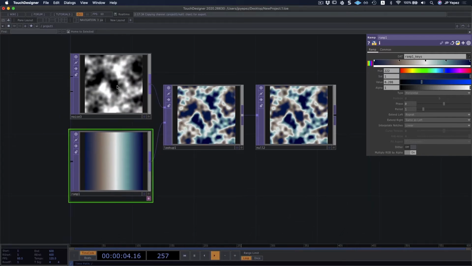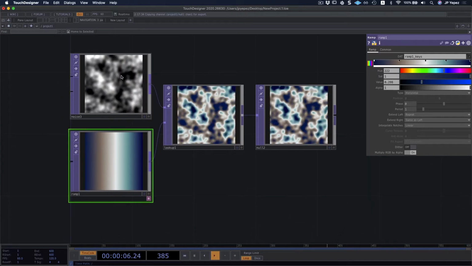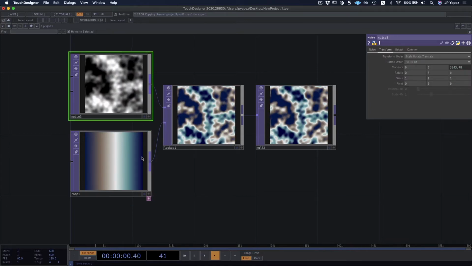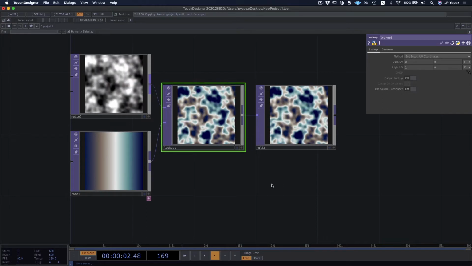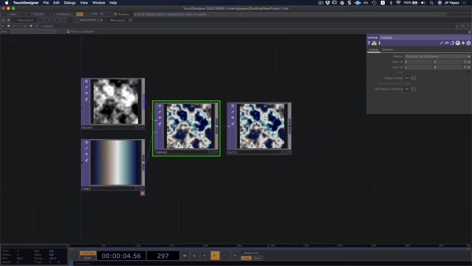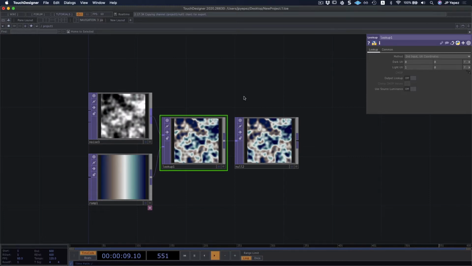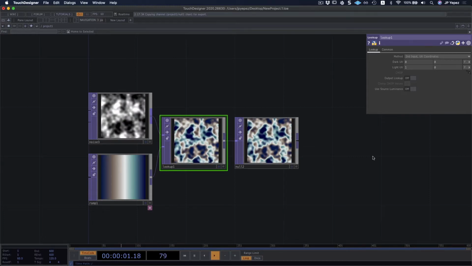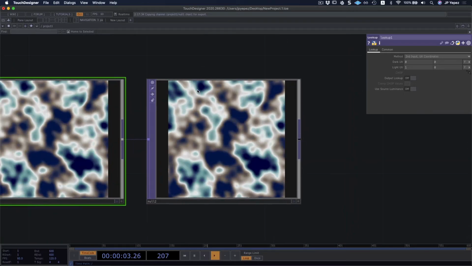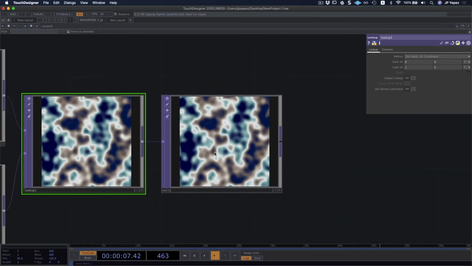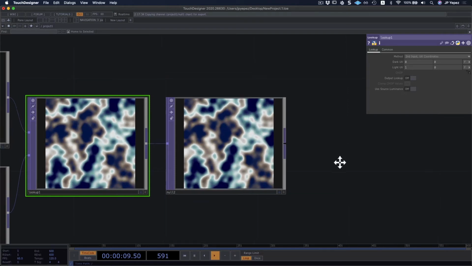As you can see, I started with a simple noise pattern. I animated it, and then I'm using lookup and a ramp to create a texture, which can be very useful, and we're going to see this later on. It can be very useful to create textures that are interesting. This could easily be some sort of wallpaper or some interesting form of animation that you can use as a background to just about anything.